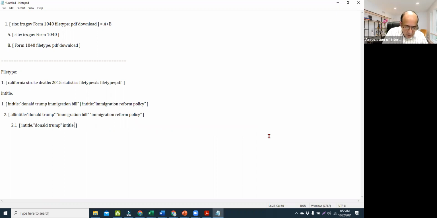For example, immigration reform bill, and then let's suppose, inTitle policy, then inTitle 2019. So when you're doing these kinds of things where you have different contexts or different bits of information,